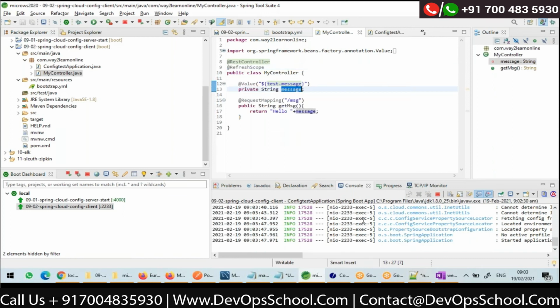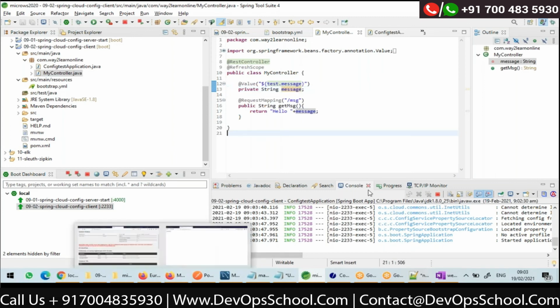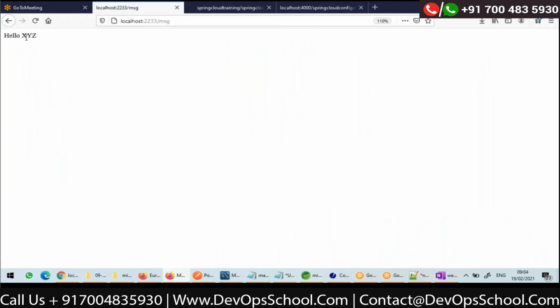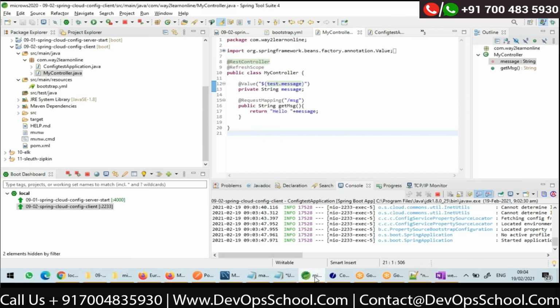I didn't restart my application right now. I just refreshed. Now I think it got refreshed. Now if I just go and refresh it, I got the new value X, Y, Z, right? So that's how you can actually get the configuration even without restarting your applications. Any doubts till now?